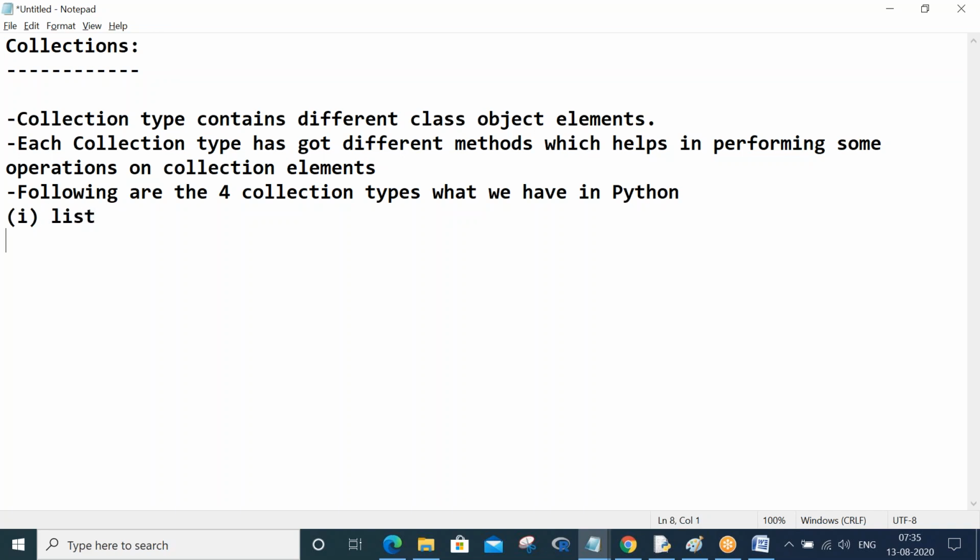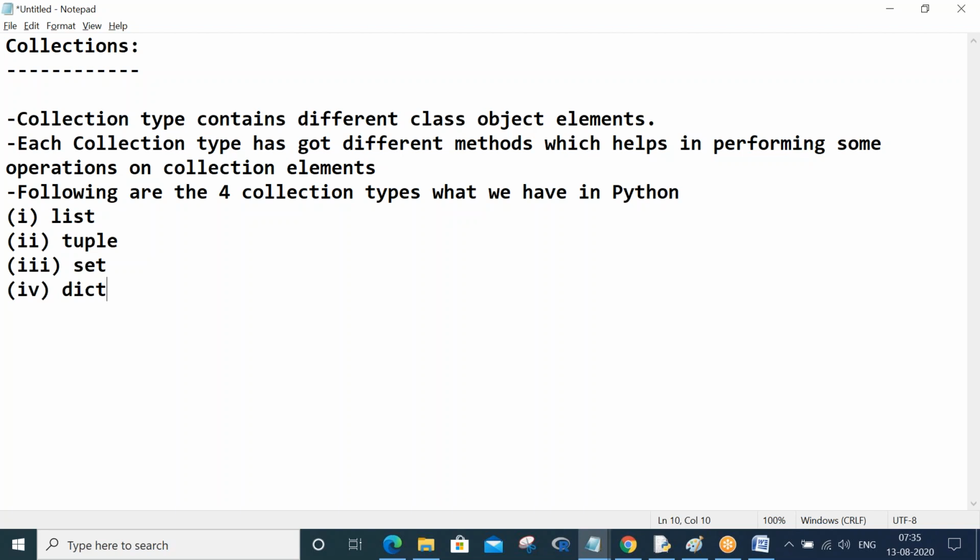We have list, we have tuple, we have set, and then we have dict. So these are the four data types that come under collection types. Each and every collection type internally contains different class elements, and that's the reason these are called collection types.